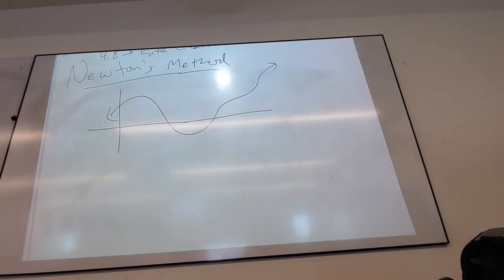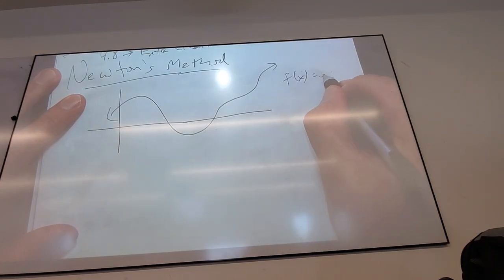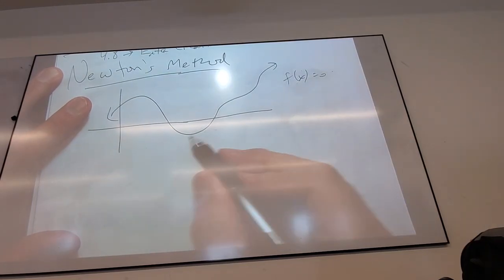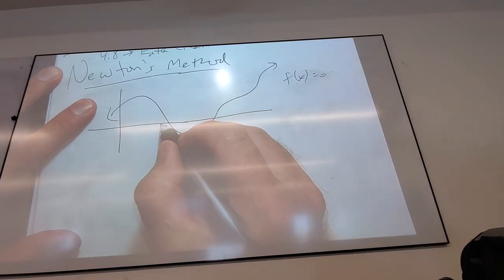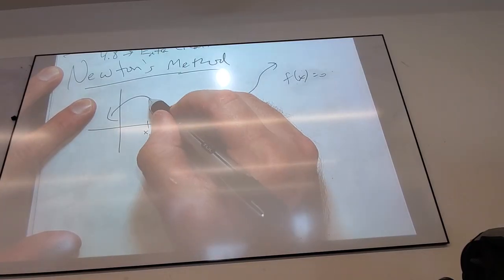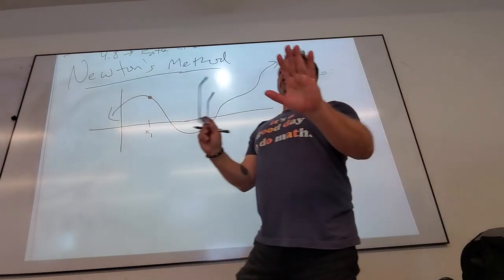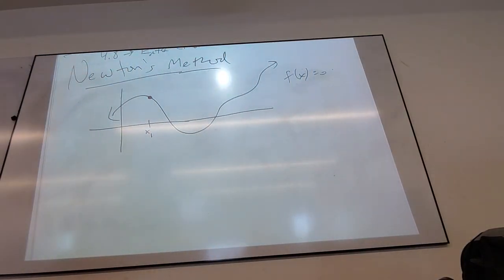So let's say I've got a function, I want to figure out where it equals 0, and I can take a guess. I've got a decent little guess I can make. Let's say I guess that the actual 0 is this one. So we'll say this is my first guess. Obviously, I'm wrong, correct? Just to remind you, we don't really have the graph, otherwise why would I do this? I can kind of see that I'm wrong, but that's in the background. I take a guess, and in the background, the graph is laughing at me. You're not even close, human.